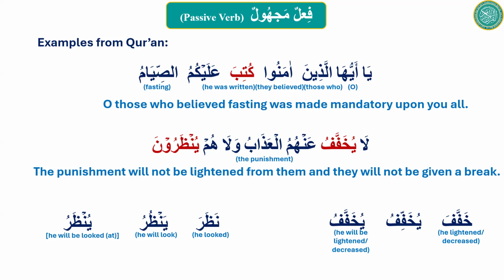You did well. The purpose of the last slide was to show you how some of the passive verbs, the fail majhul, are used in the Quran, and they are everywhere. Not as often as the active voice, which are obviously the vast majority of verbs in the Quran, but passive voice is also used. So we need to learn how to identify them, and then we understand them correctly, so we know what an ayah really means if it is using some passive verbs.